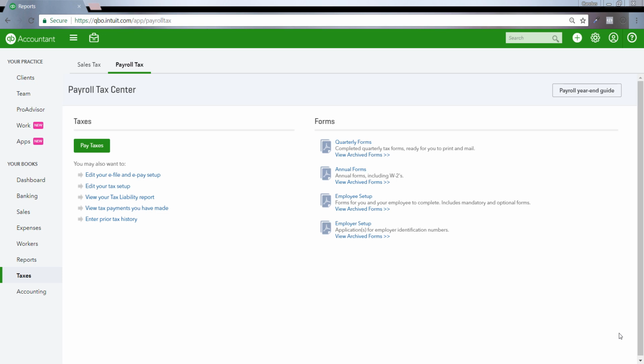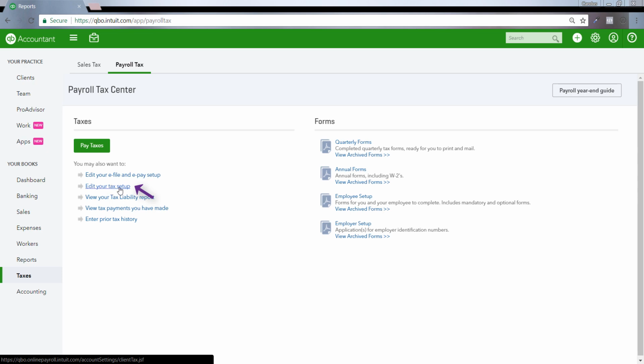So Intuit updates your payroll taxes based off of what the state rates are. But unfortunately, the state of California does not base their rates off of everyone. It has to do with your fund and how much you've paid in and how much unemployment your employees have received. That changes per employer. So what you need to do to update it is go under taxes, payroll taxes, and then click on edit